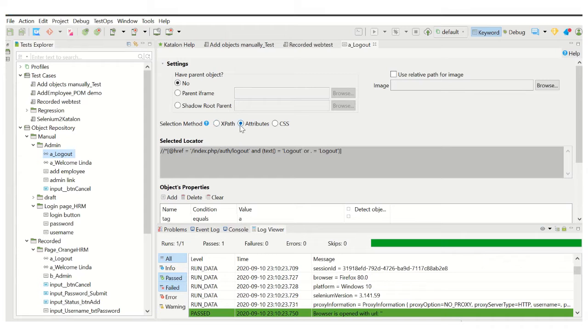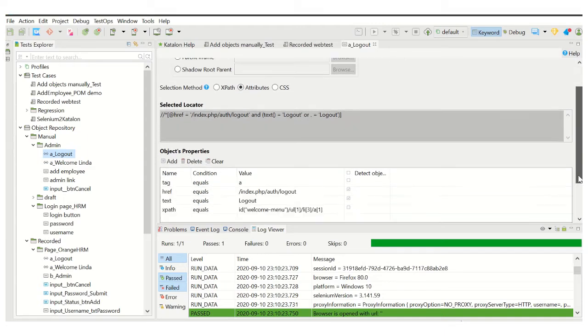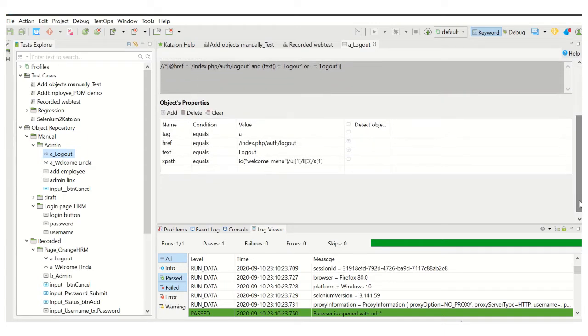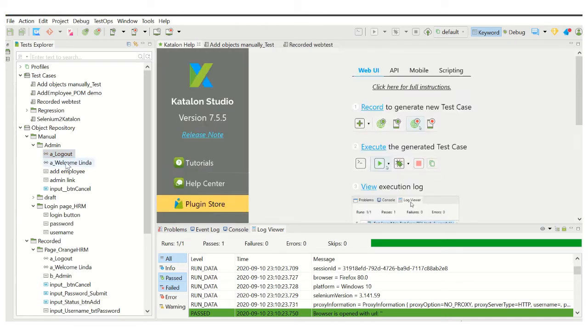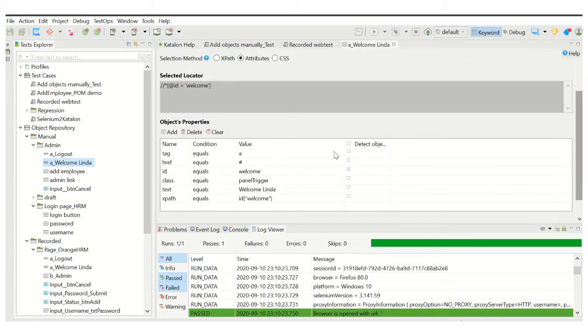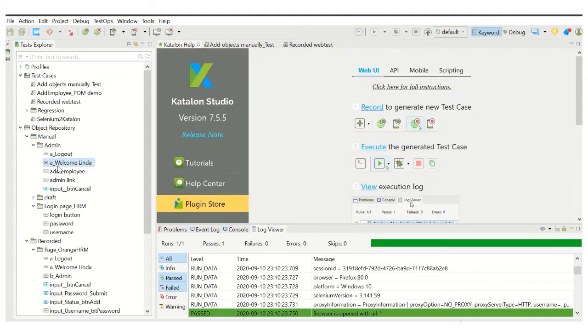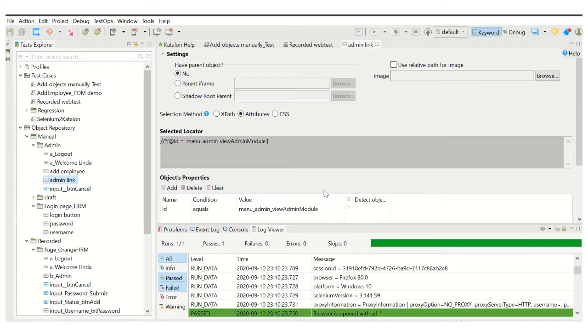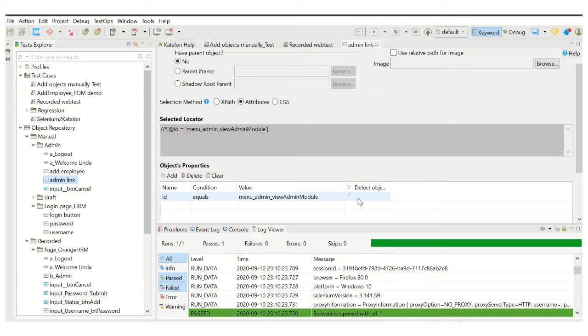I have used attributes as my object locator, and that attribute is a href and text combination in this case, and for this one it is id, and this one is also using the attribute id.